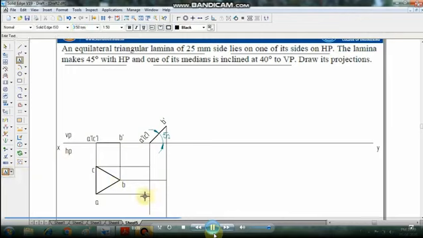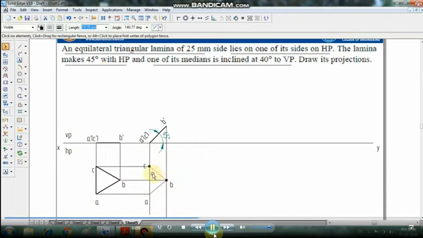We can text the views A, B, C where the intersection occurs. Now join with the help of the line command A to B dash, A to B, B to C, end of this. Okay, and line. Select the lines, make them 0.5 mm thickness.